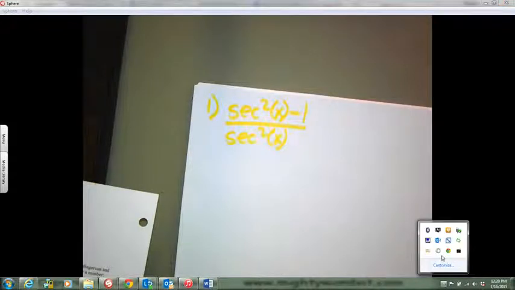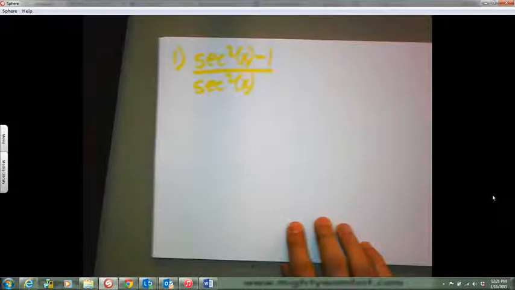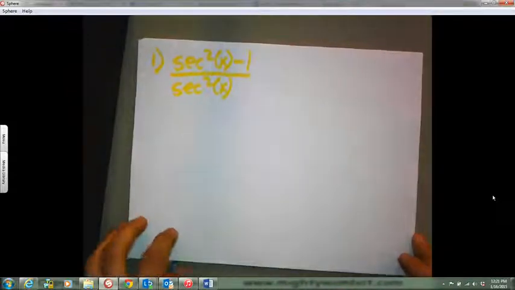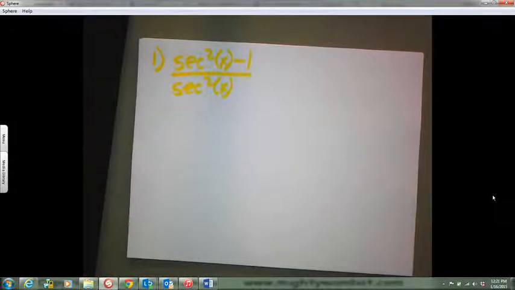Alright, so the goal of these problems is to simplify into either one trig function or one number. The problem will dictate, but you will end up either with a number or one trig function. So let's jump in and see what happens here. There's no one way that says do these 5 steps and then you get it right. Like life,